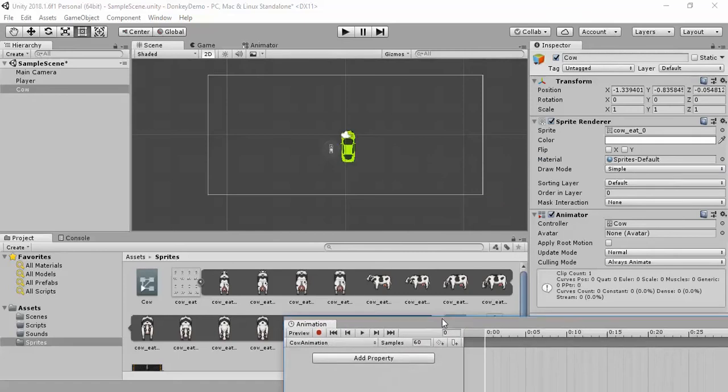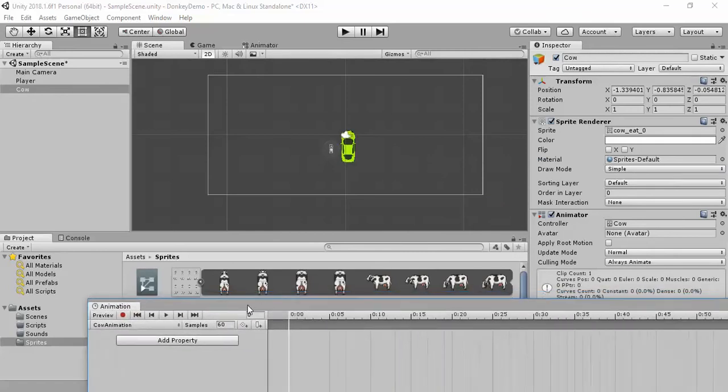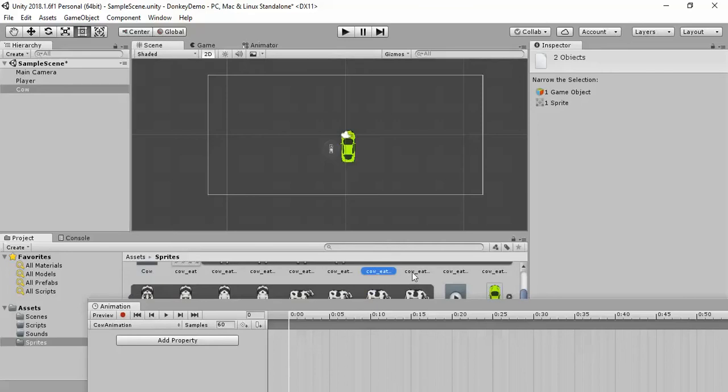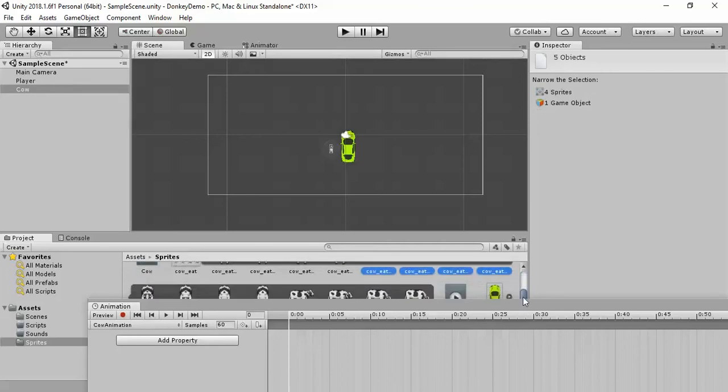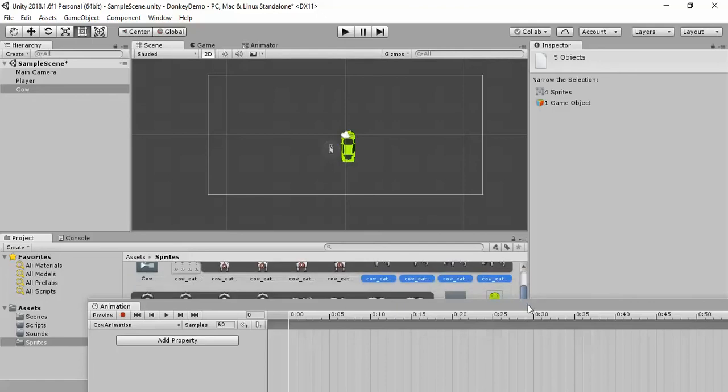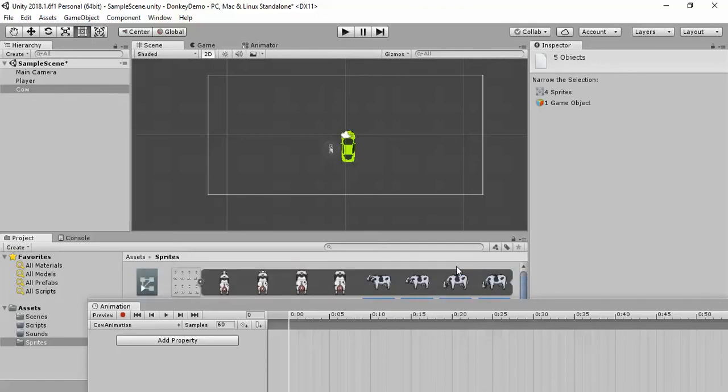What I want to do is pick the pictures of the cow facing left here. So let me put my animation window at the bottom, and can I control click on each one of these frames? Click, click, click, click. So I'm control clicking on the frames of the cow facing left, and now I'm just going to drag those